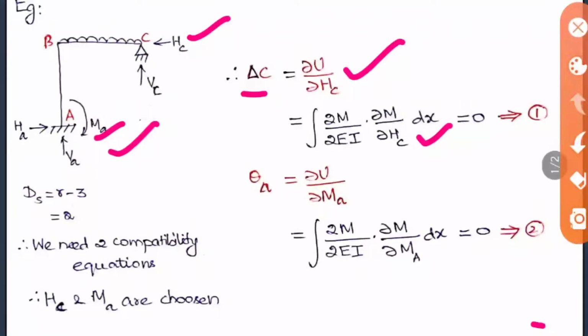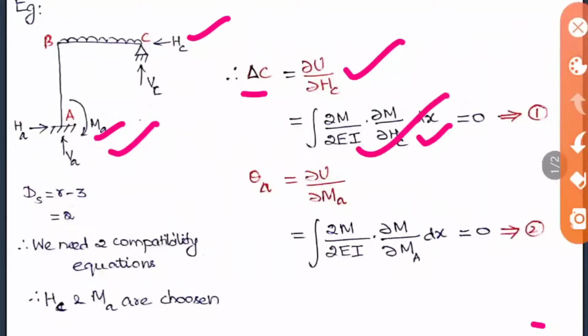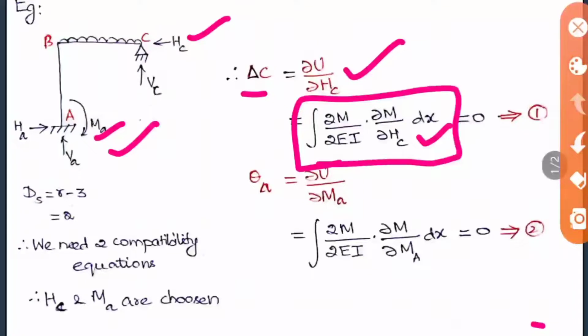Okay, but it is a long process. They won't be asking these questions in the exams, but the concept, that is this formula and the concept of applying this, sometimes the options will be given in these terms also. At that time you have to know how you are expanding this U in terms of M. So that also you should be aware of. Okay, so this is all about Castigliano's theorem.